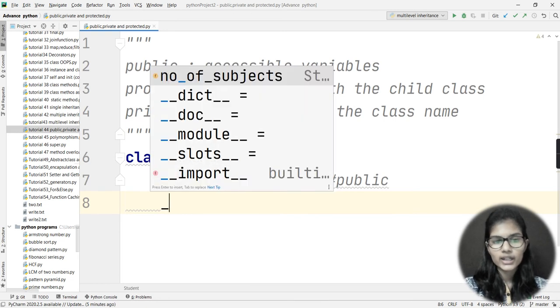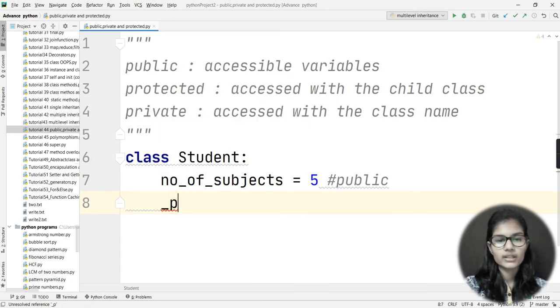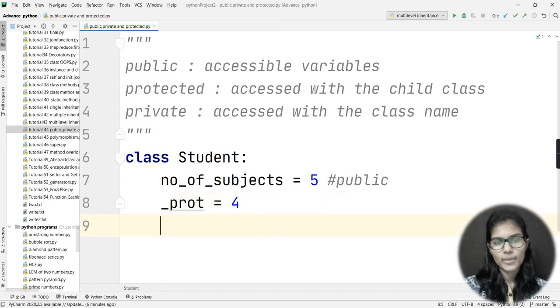Now, the procedure for declaring a protected variable is that first you need to put an underscore, which is mandatory. Whenever we put a single underscore, the Python programming language automatically understands that here you are declaring a protected variable. I would write underscore and in front of that I would write PROT, meaning I'm declaring a protected variable, and let's say I assign it a value of 4.